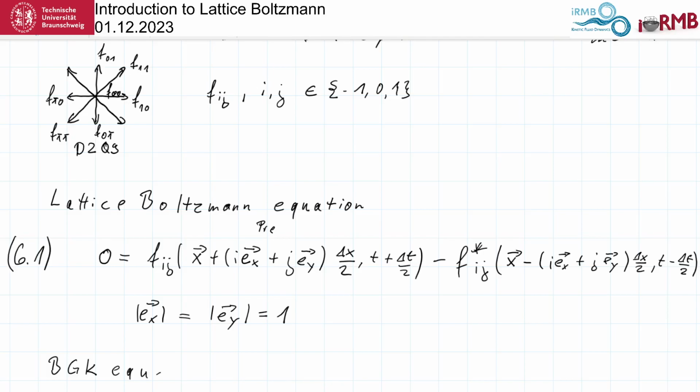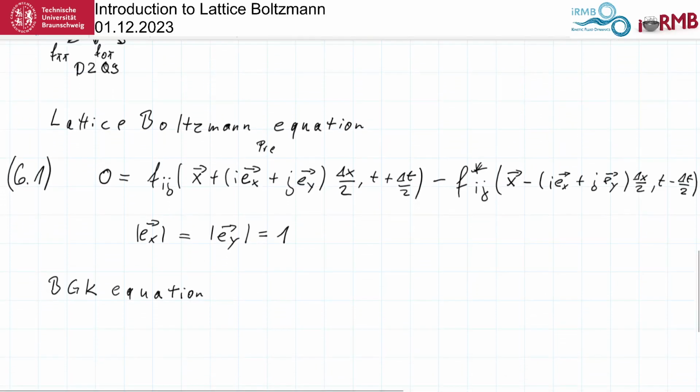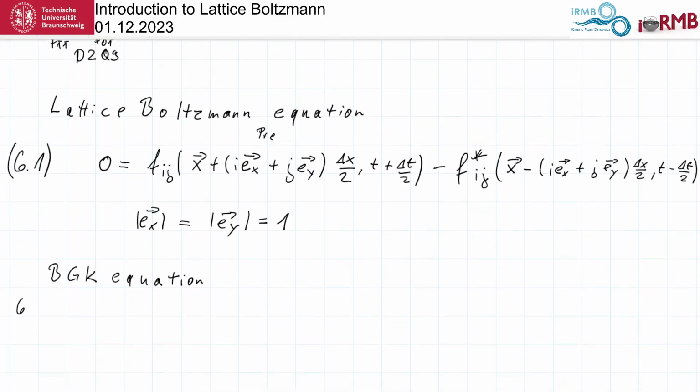So if we use a different collision model, then we have to replace this part here with the other model. So we'll call this collision model 6.2, and this says that Fij asterisk at the location of the collision and at the time of the collision,